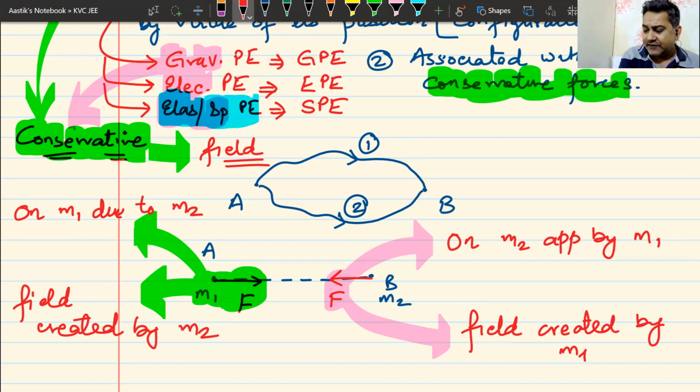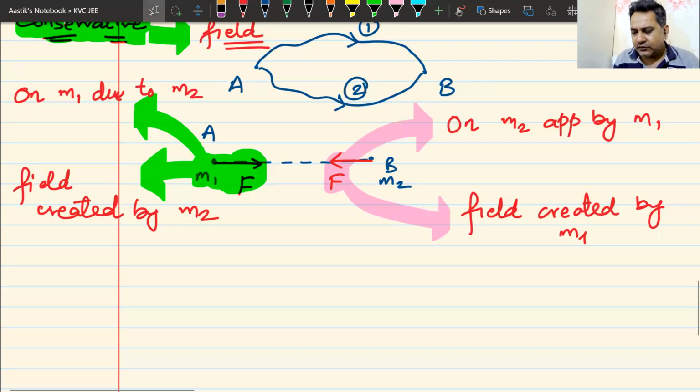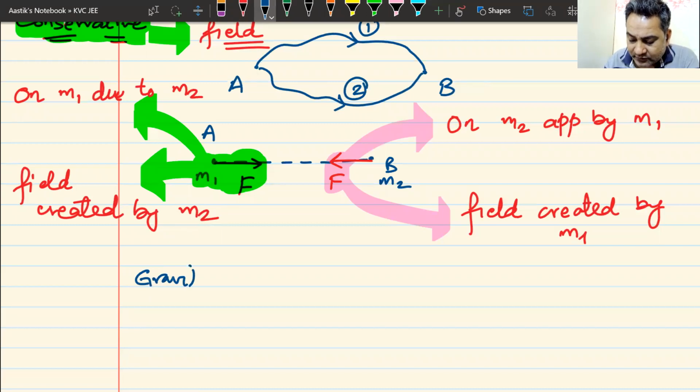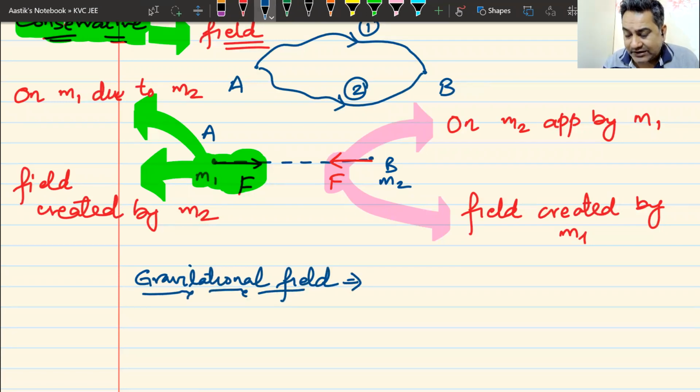What is field? I will just give you a small definition, which is much more than enough in any case for gravitation. Let us try to understand it in terms of gravitational field, because that is the only force that we are concerned about. So how will I define gravitational field? What is a gravitational field? It's an area in space